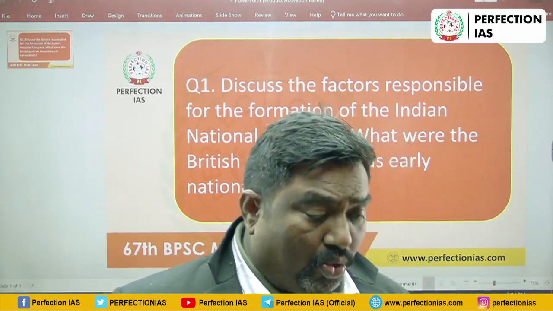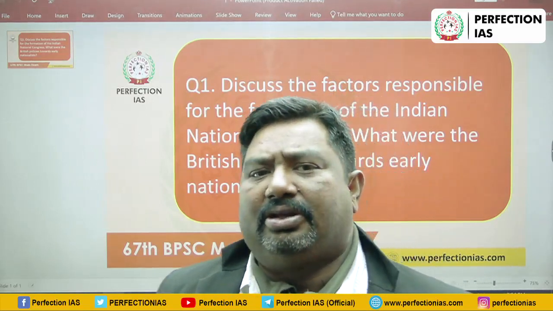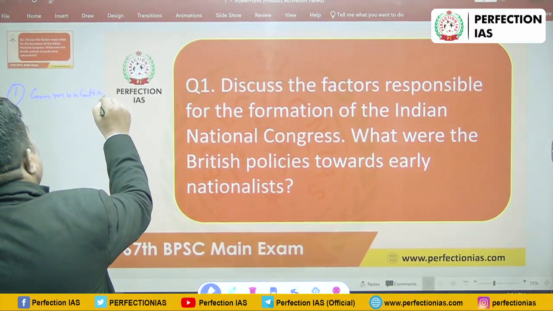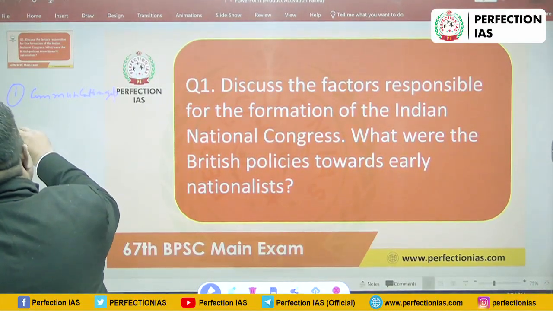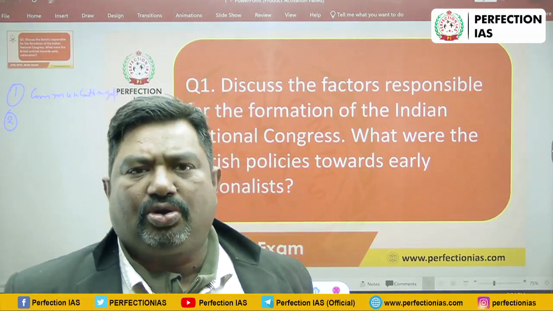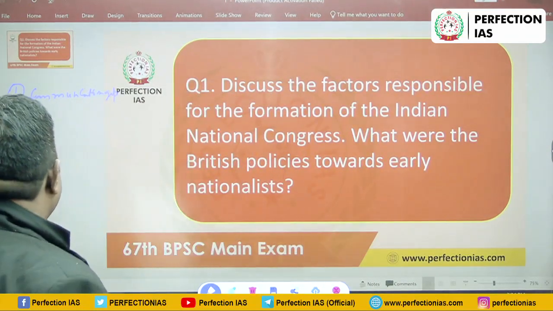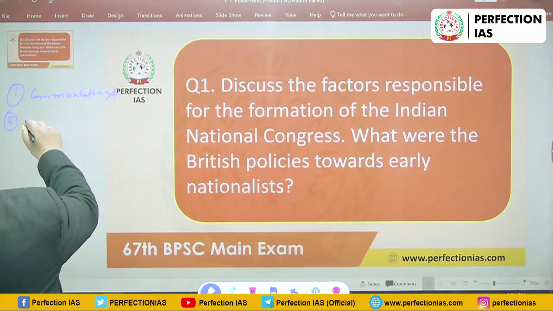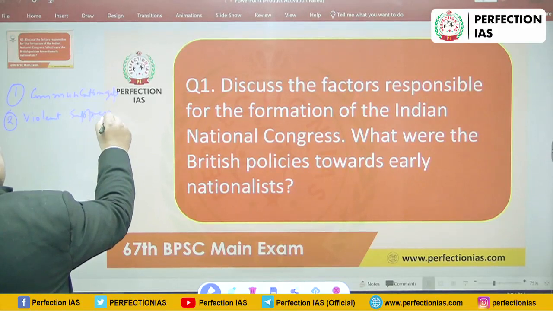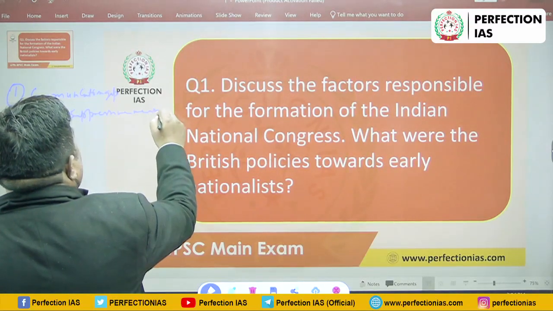Dear friends, what were the major drawbacks? What were the major bottlenecks in front of the government? The first major drawback was the communication gap. Second, usually the government used to resort to suppressive measures, violent suppressive measures. That was the second bottleneck, because if you resort to violent suppressive measures, is it going to end the issue once and for all, right? This was a moot question.